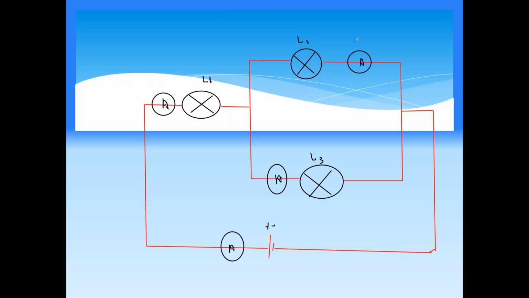If this ammeter reads 2 ampere and this ammeter reads 3 ampere, what will be the reading of the ammeter before L1? The reading of the ammeter before L1 is equal to 5 ampere. And what is the reading of the first ammeter? That's also 5 ampere. So basically 5 ampere enters, and out of the 5, 2 ampere goes into one branch and 3 ampere